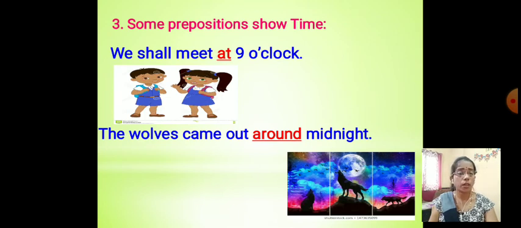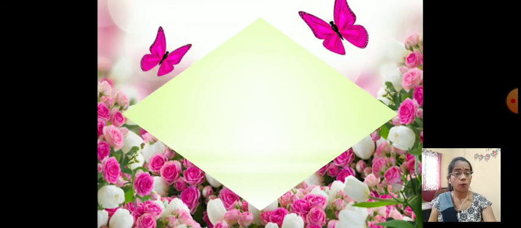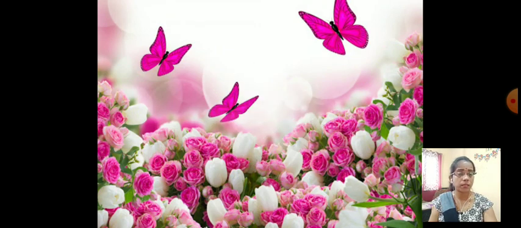So today we understood about the prepositions, the words that show the relation with a noun and pronoun. Sometimes we use prepositions that show the direction, then position, and some prepositions show the particular time, right? I hope you understood the concept of prepositions. You have to learn more about it and find out more examples of prepositions.